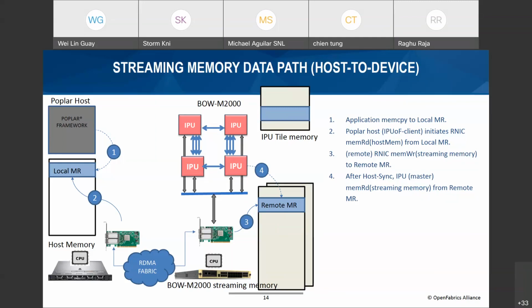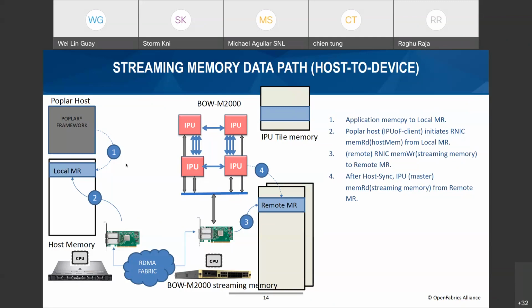And then when the send completion comes back, or the receive completion, depending on whether we're using RDMA write or RDMA write immediate, the IPUoF will increment atomic counters in the IPU registers to inform it that it can move on to the next phase, the next program in the program sequence. When this information is passed on and the IPU reads it, it realizes that the data has landed in the remote MR. Then it starts